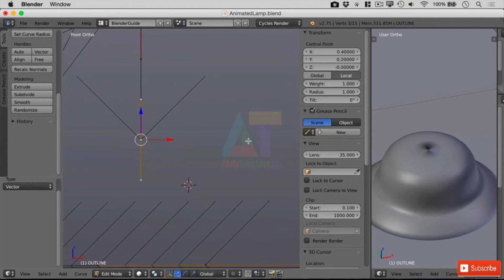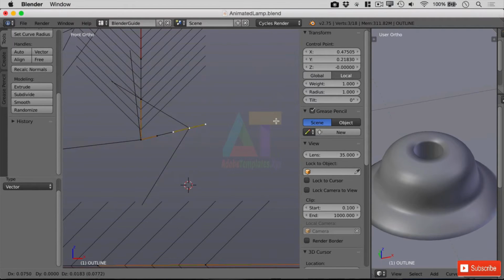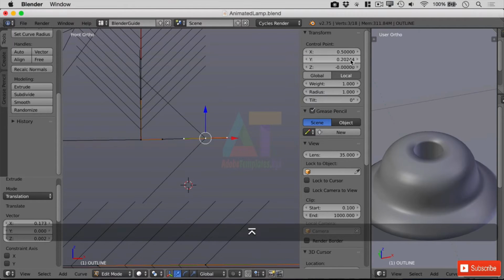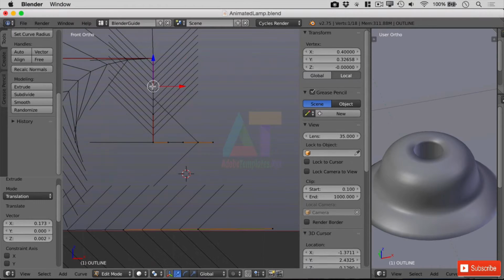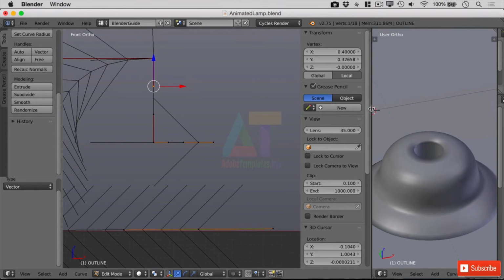And then finally we need to go in, so I'm going to extrude here, and it will remember this time that it is just a vector, which is great, and we're going to move it in so the X is 0.5, the Y is 0.2, and there we go, that's perfect. I'm going to change this handle type again to vector, remain straight, and let's have a look at our lamp